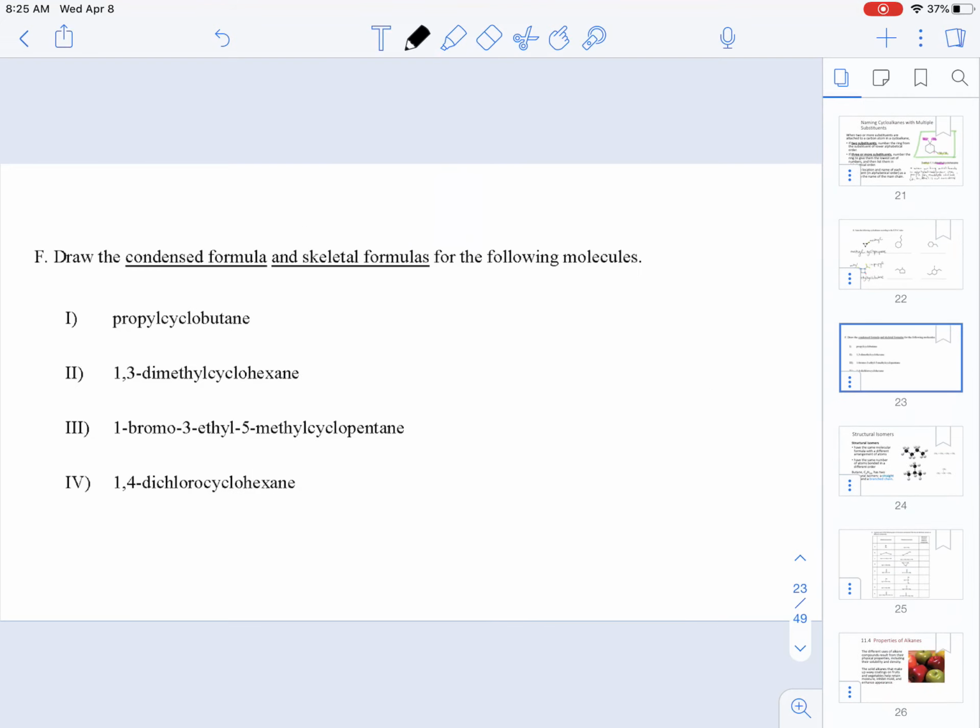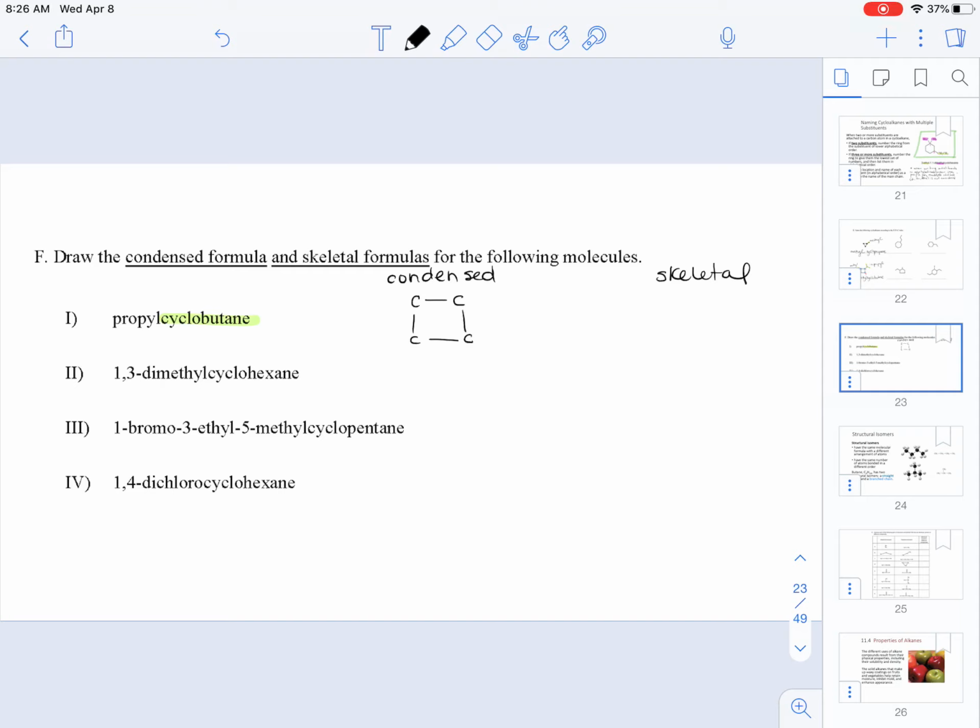Let's now go through, if I'm given the name, can I draw these molecules? And for this, I'm going to do Roman numeral 1 and Roman numeral 2. I'm going to be writing the condensed formula and the skeletal formula for them. So when I look at the name, I have cyclobutane. So that means that I'm going to have 4 carbons in a row attached to one another. So I'm going to have carbon 1, carbon 2, carbon 3, carbon 4, and they're all attached to one another